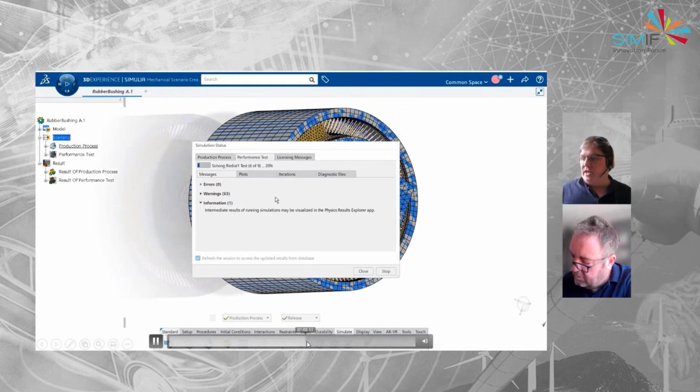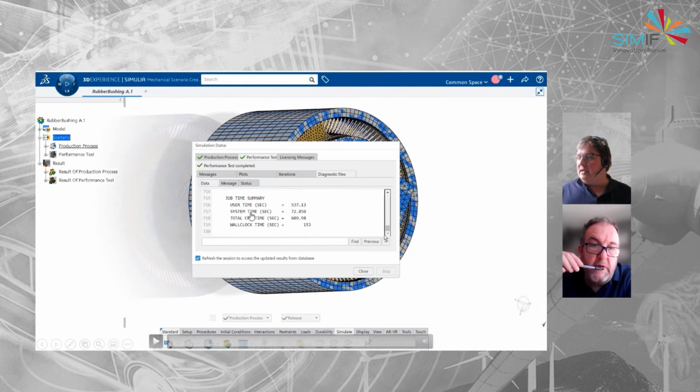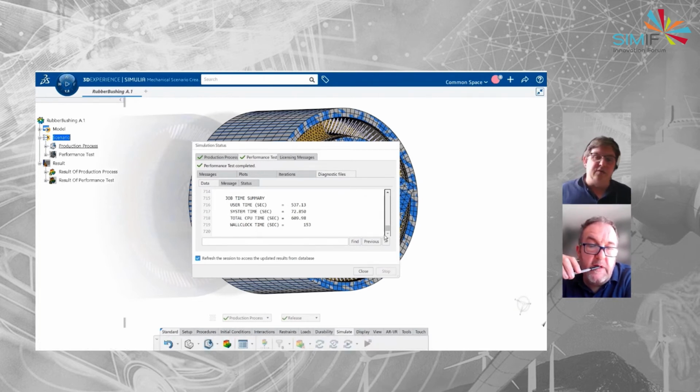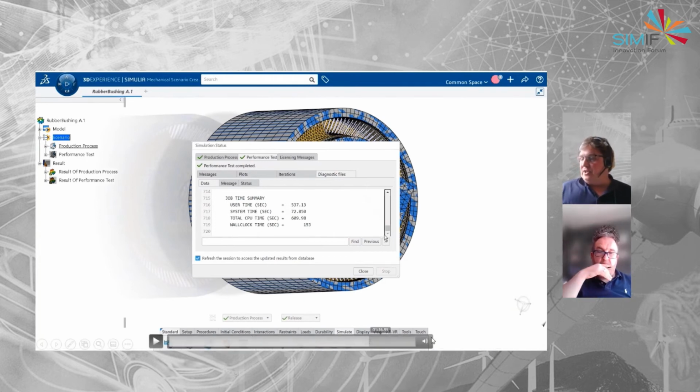Now this is actually running in real time, so we'll skip forward a little bit, but the important part in this is the time it took. Wall clock time, 153 seconds. So we're looking at 2 and a bit minutes it's taken to run all of that simulation for us. And the results are now ready.